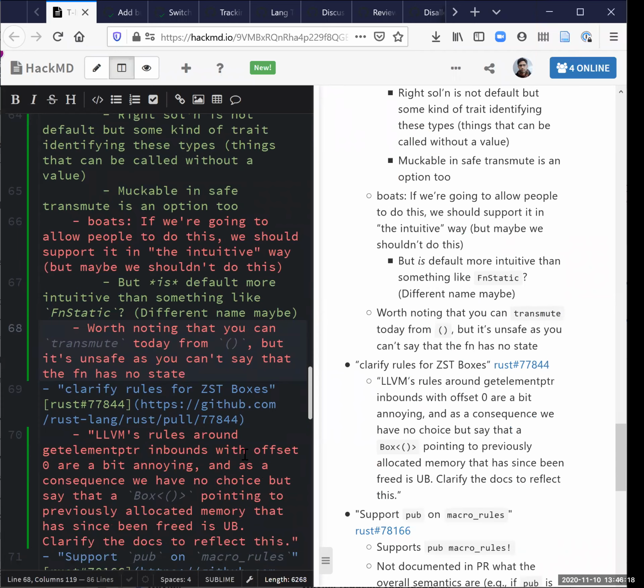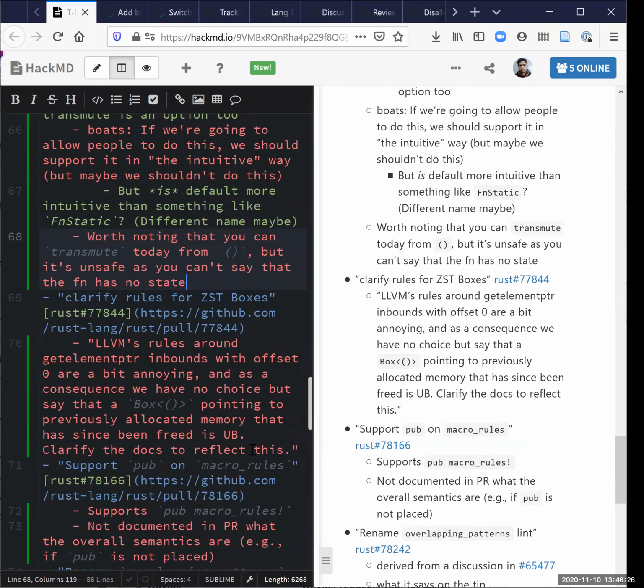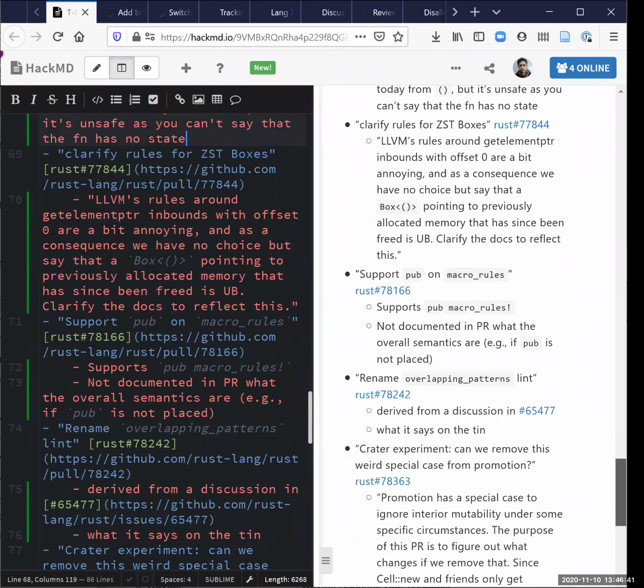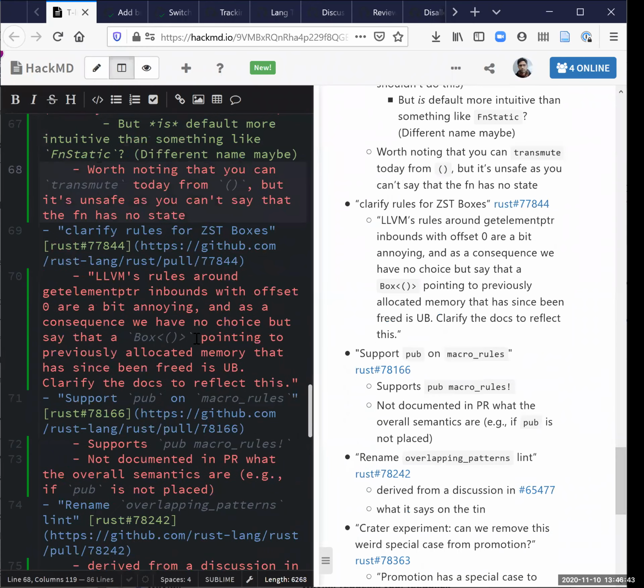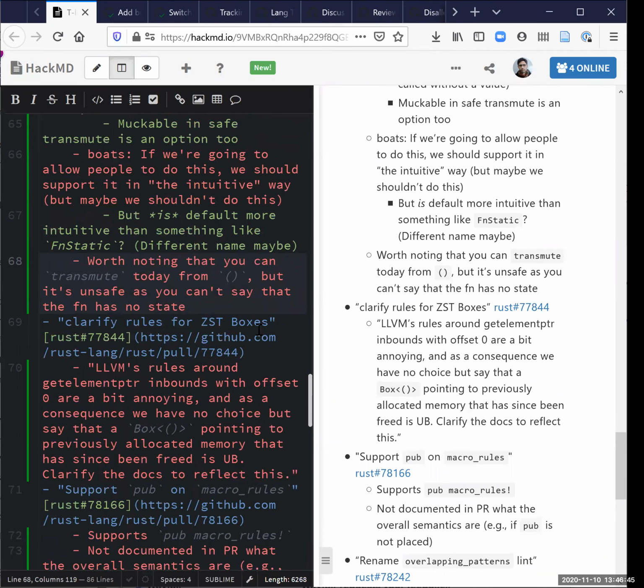One other question here. Is it possible that safe transmute would solve this problem in a different way? Not that you would use safe transmute as the way of implementing this, but rather, if the way that you can write in the type system that this closure has no state is that I can turn this into a regular fn safely?